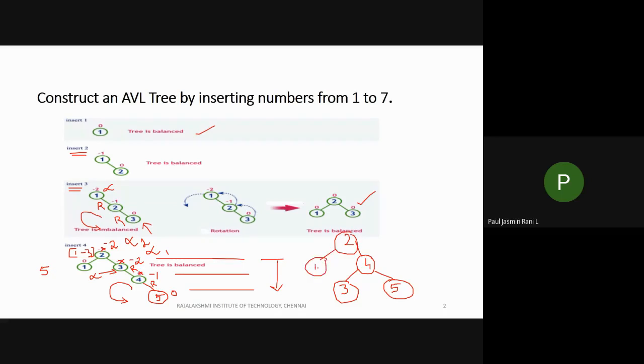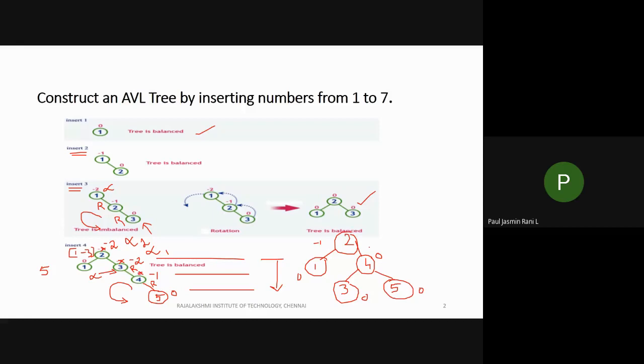After doing this rotation, you have to again check whether it is balanced, that is, whether it satisfies the AVL tree property or not. Definitely it will satisfy the property. Okay, so the leaf nodes are marked as 0, 0, 0. And for this one, 4, what happens? Here also 1, here also 1, so you will get the value 0. And for this particular root node, 1 minus 2, therefore you will get the answer -1.